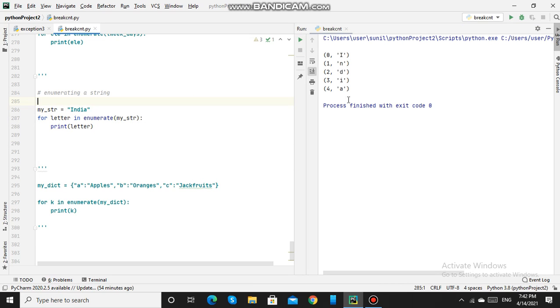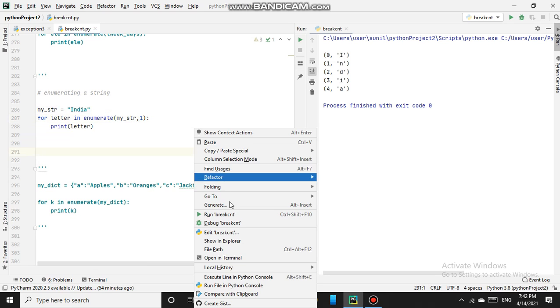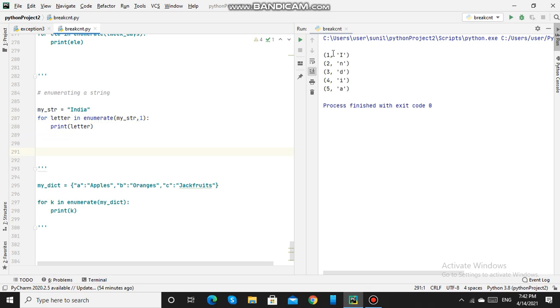So here it has added a counter to each of the letters in the string. Now if I want to start with index value 1 instead of 0, I will give the starting index value here and run. So now it has started with the index value as 1.